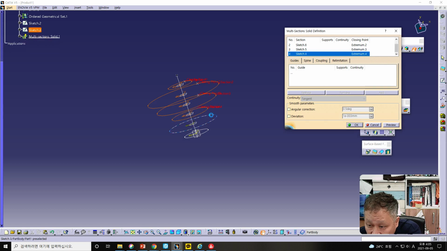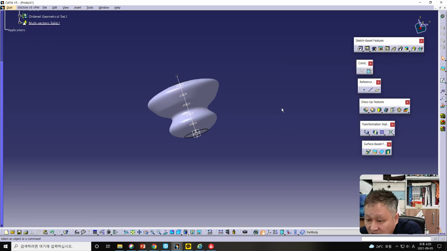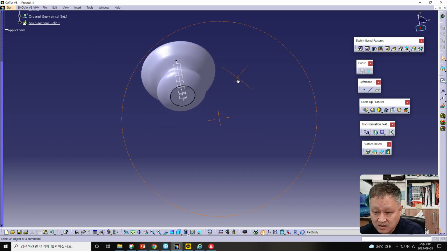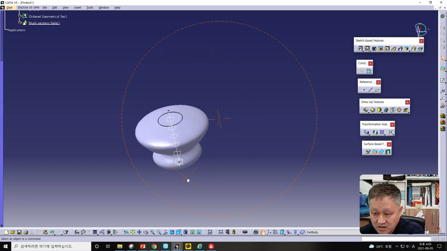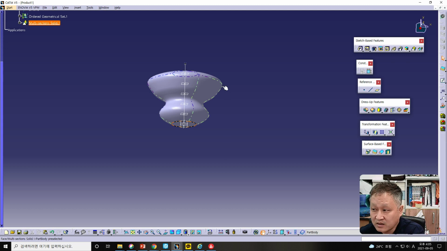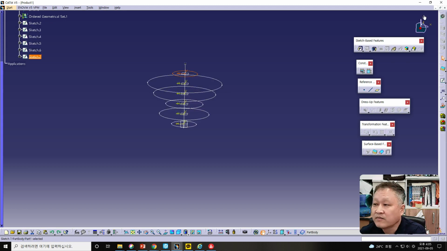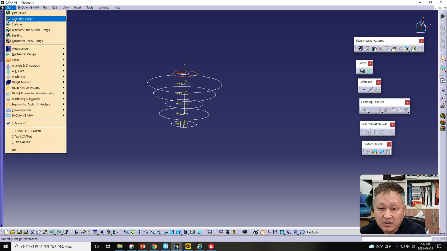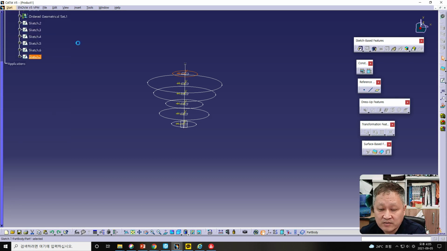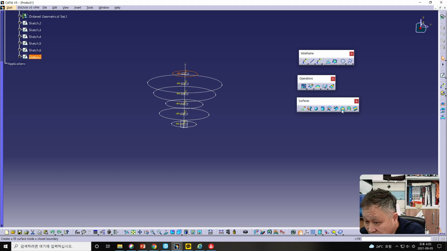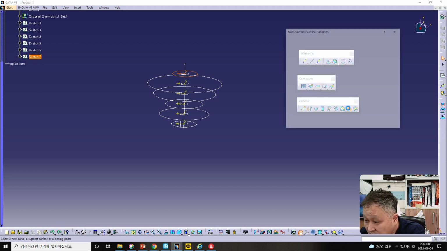If we select this one like here, then this kind of solid is made. However, undo it,